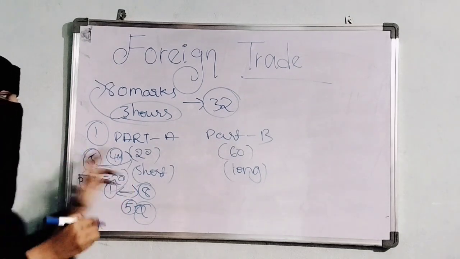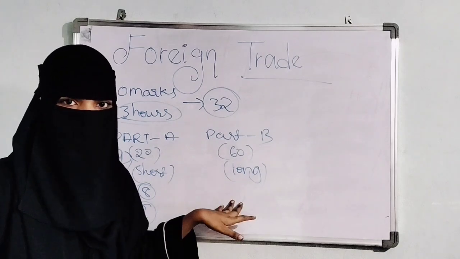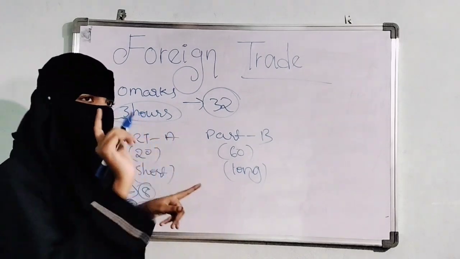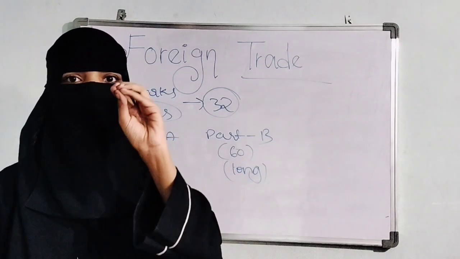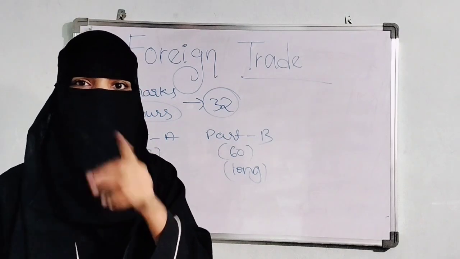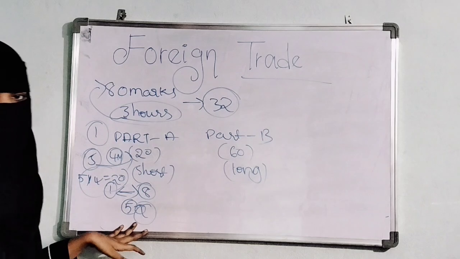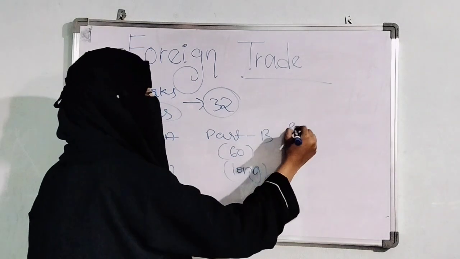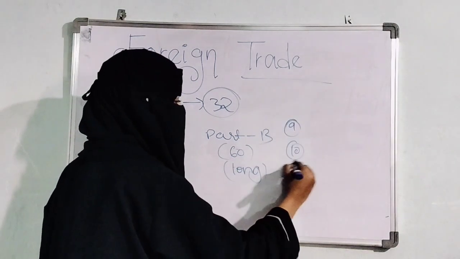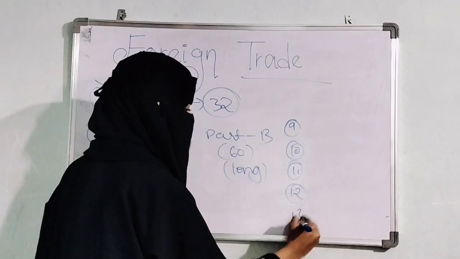So one side is compulsory. Here in part B, the long question answers, you will have 5 questions. 5 questions will be given from 5 units. In each question, you will have 2 questions, meaning an internal choice will be there. How will I tell you? 8 questions will be completed here. Now here you will have 9, 10, 11, 12, 13.